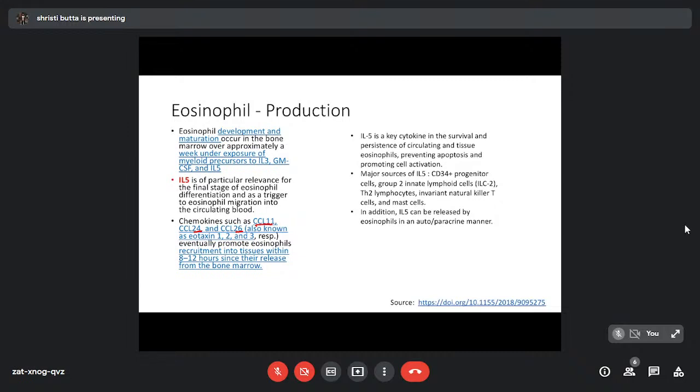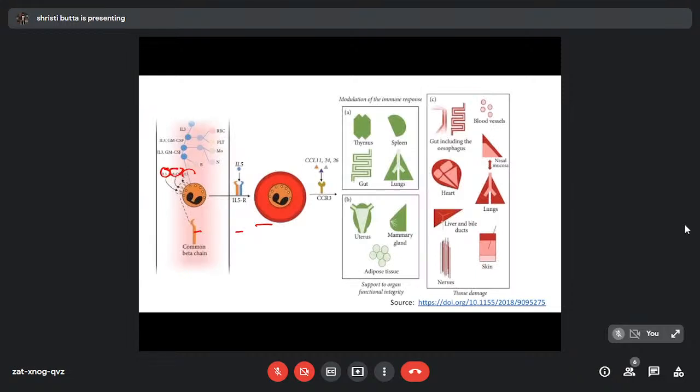Now, coming to this picture here, we have interleukin 3, GM-CSF, and interleukin 5. Okay, so they are going to bind to the eosinophil. The common beta chain is there as the receptor, and there's an alpha chain which changes for all three. Interleukin 5 is very important because it binds to the receptors on the eosinophils and allows for its development. Eosinophil, once it develops within the bone